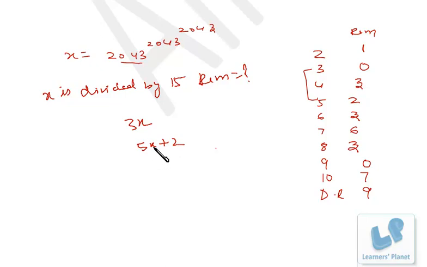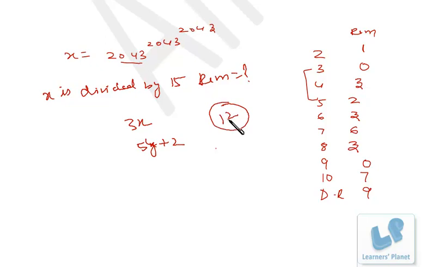So you see this is x, then this must be some other variable, y. Since x and y are quotients, they need to be different, right? Now what you do, you keep putting values of y in this expression and see where you find a number that is a multiple of 3. Suppose I have 1, so 5 plus 2 is 7, that's not a multiple of 3. If I put y as 2, then 5 into 2 is 10, plus 2 is 12, right? So 12 is a multiple of 3 and it is in the 5y plus 2 format, so 12 will be the remainder when this expression is divided by 15, right?